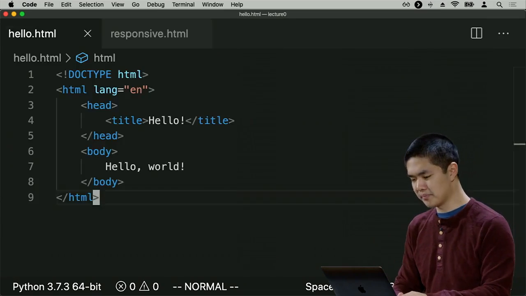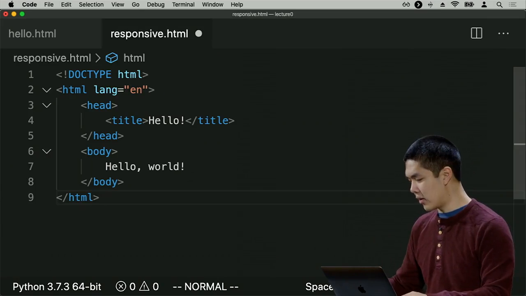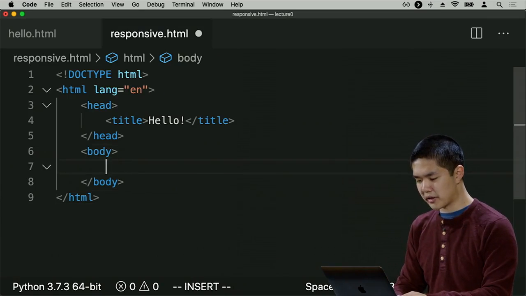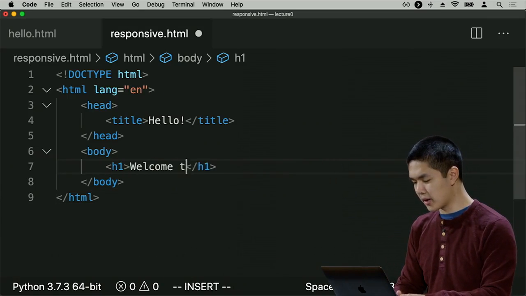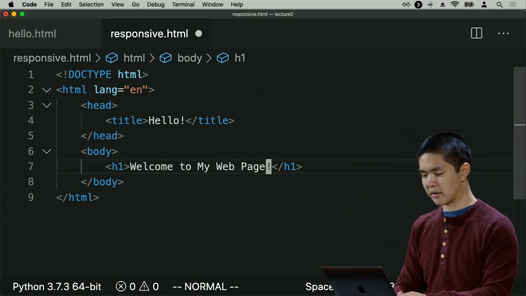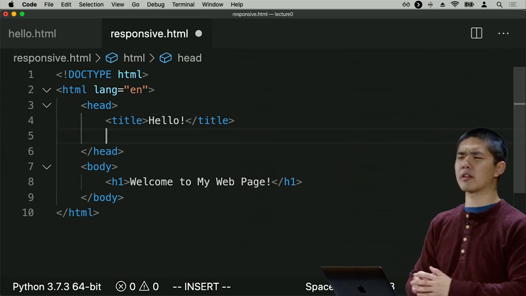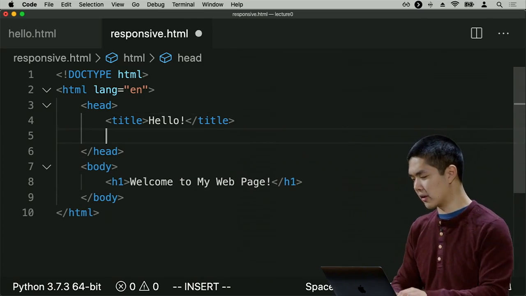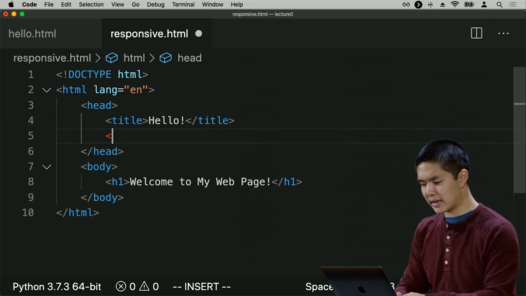So I'll go ahead and open a new file that I'll call responsive.html, because we're going to try and build a responsive web page now. And now I'll go ahead and inside the body of my page just include a big heading that says, welcome to my web page, for example. And just to demonstrate what you can do now with responsive design, I could say something like, let me add a style tag here,